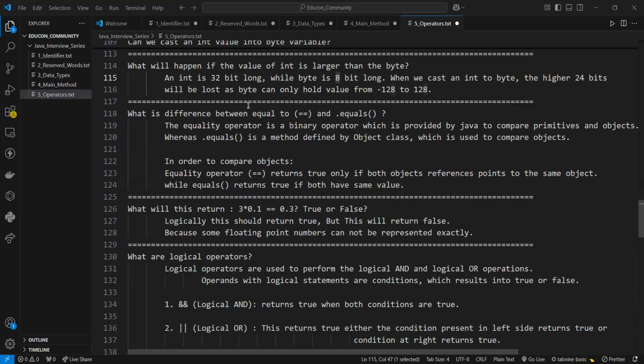Now, what is the difference between equal to and dot equals method? First of all, this is the operator, right? The equality operator is a binary operator. It will check whether its left hand side and right hand side are both equal or not, which is provided by Java to compare primitives and objects. But dot equals is a method defined by the Object class which is used to compare the objects. To compare objects, the equality operator returns true only if both the object references point to the same object. But the equals method returns true if both have the same value,